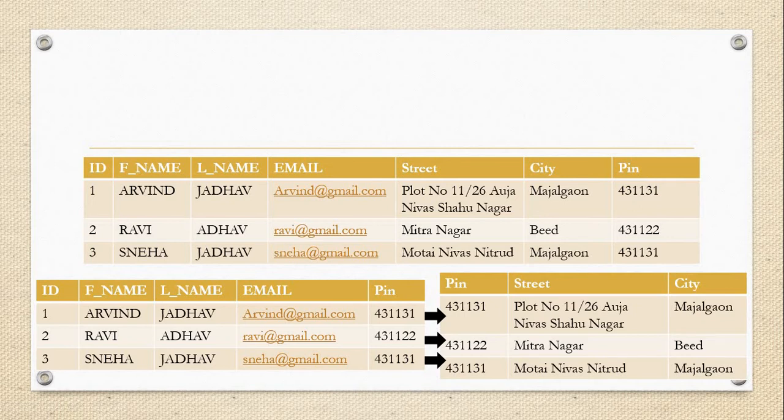So in that case, we need to divide the table. We already learned that in third normal form we cannot have a non-prime attribute derived from a non-prime attribute. For that reason, I will separately create a pin table, using the pin number as the primary key, and use it as a foreign key in the other table. But again we have some redundant data, so we need to remove it, but for practical purposes I will leave it.